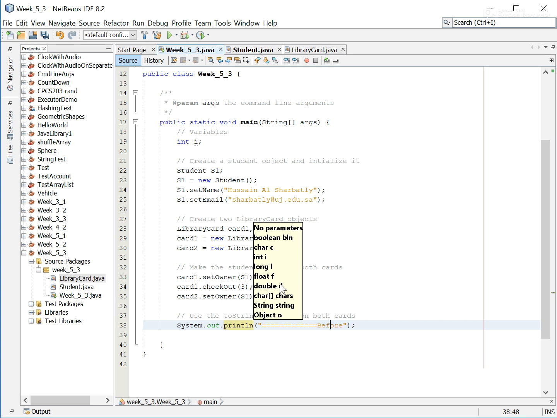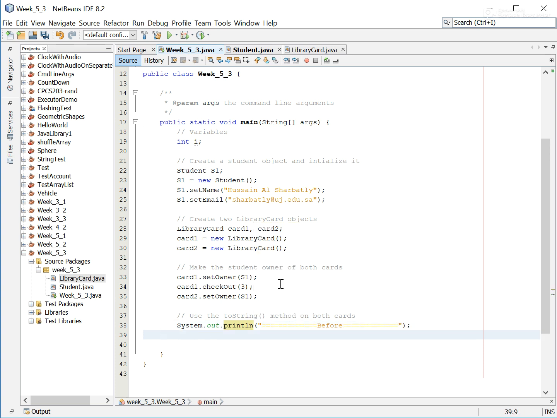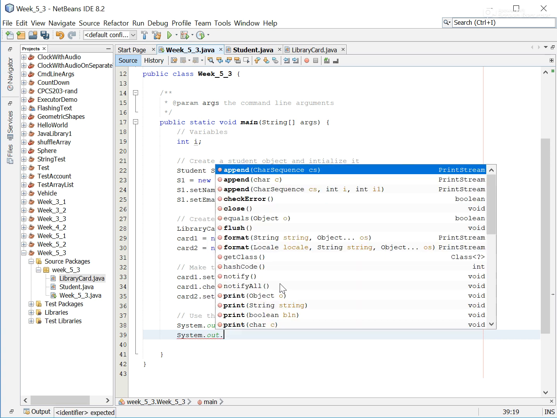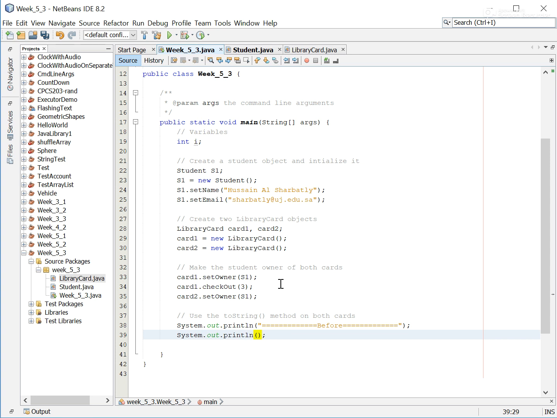So what we're going to do is print out, using the toString method a couple of times,